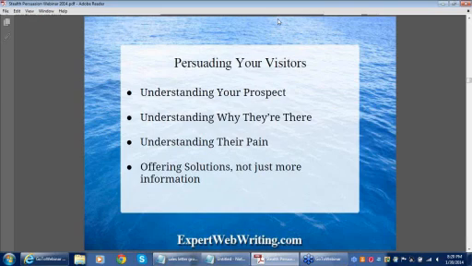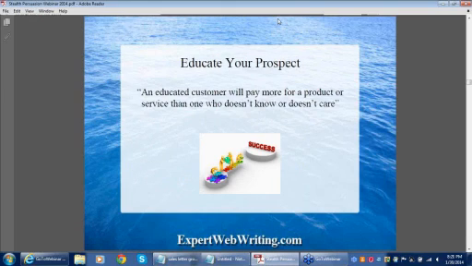The way you can do this is to educate your prospect. The educated consumer will pay more for a product or service than one who doesn't know or doesn't care. Your website content and the words you use are the building blocks that your visitor can use to create success for themselves.